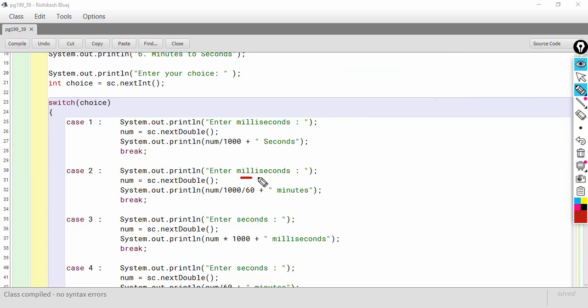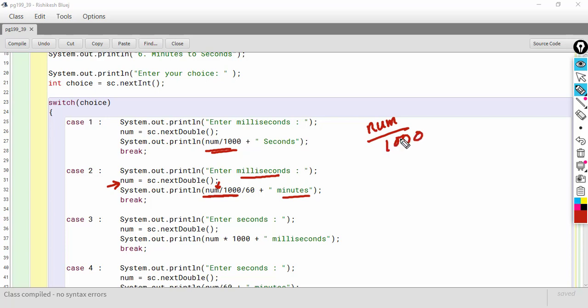Next we have to convert milliseconds to minutes. First we'll convert whatever the millisecond is into seconds. We just saw in the previous example that to convert milliseconds to seconds, I have to divide the given number by 1000.